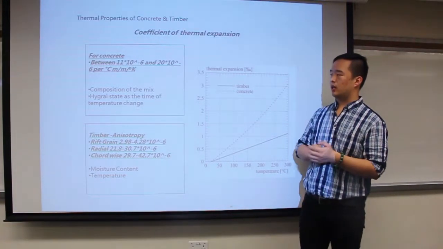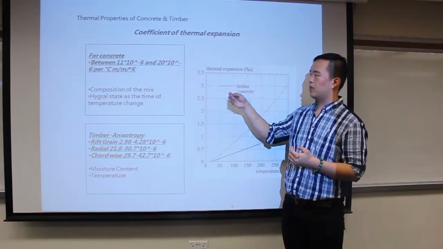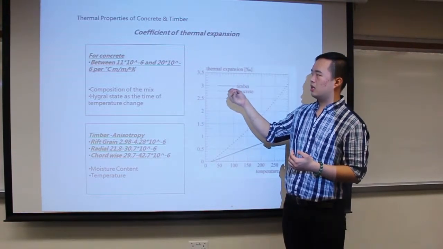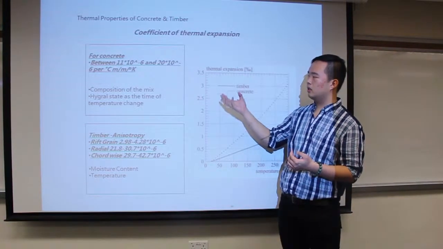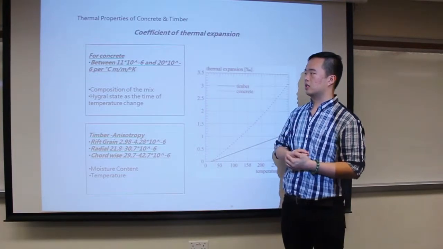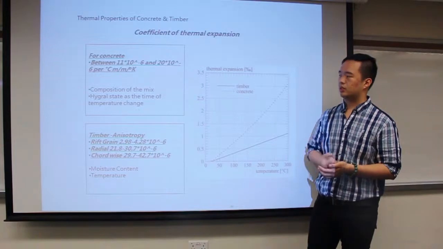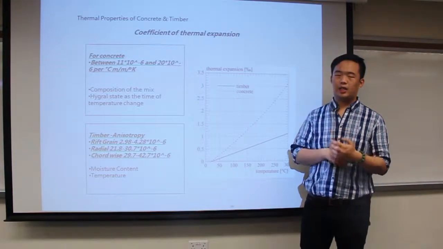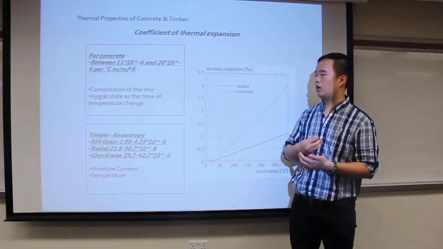And we can see for concrete, the value is between 11 multiplied by 10 to the power of minus 6 and 20 multiplied by 10 to the power of negative 6 per Celsius degree. And it will be affected by the composition of the mass and also the state at the time of temperature